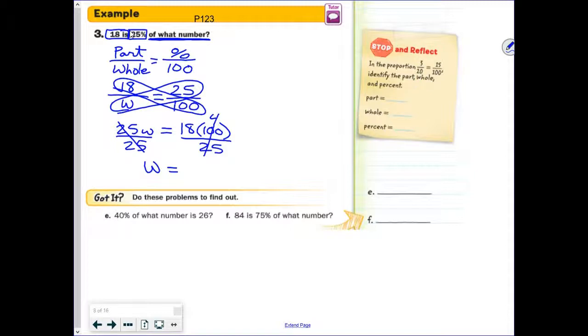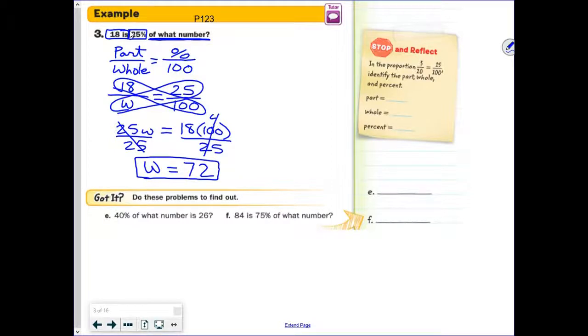You can either do that with a calculator or you can do that mentally. I know that 4 times 18 is 72, so I can do that one mentally. And then I look back, am I finding money? Am I finding a percent? I am finding neither. I'm just finding the whole amount. So I do not need to label that answer. W equals 72. So now you're able to do letters E and F where you are finding the missing whole,